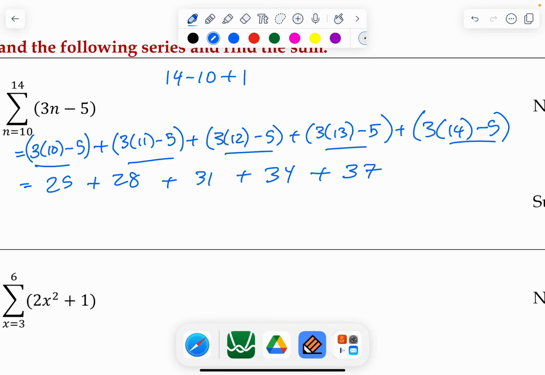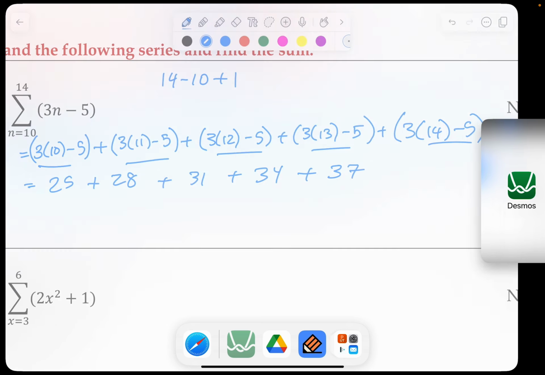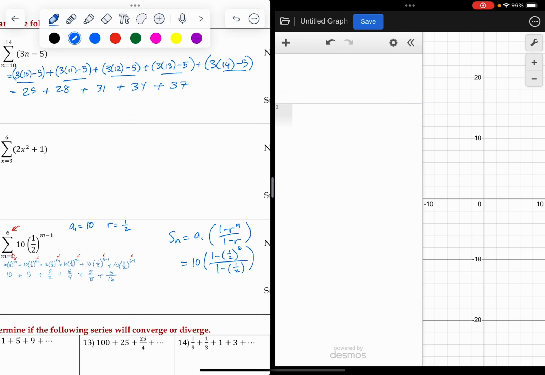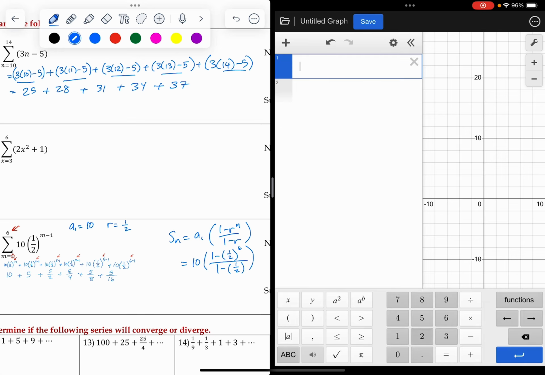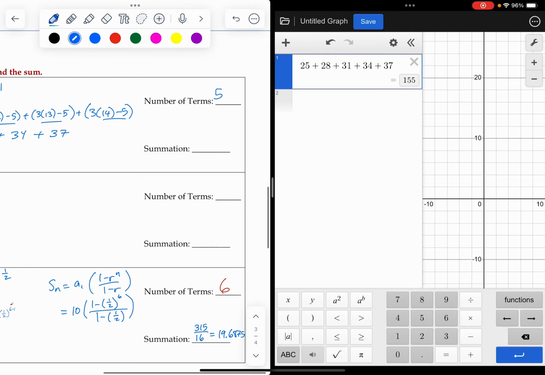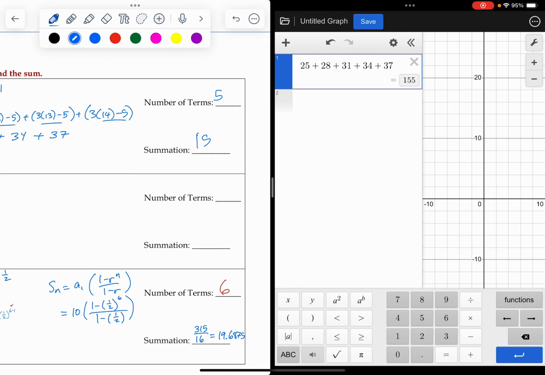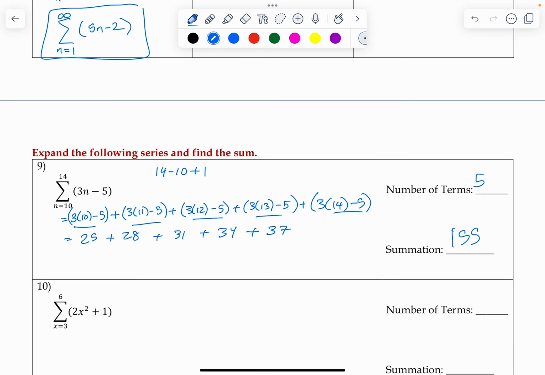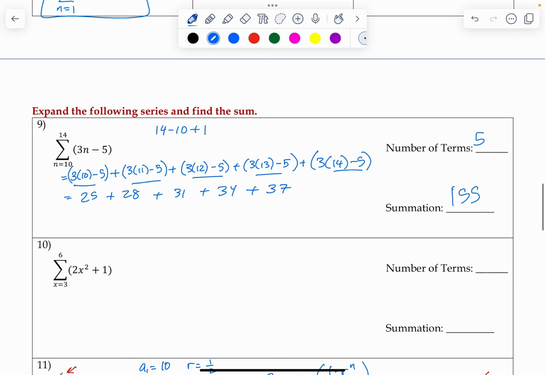okay, let's prove it to you on Desmos. Come back, Desmos. Those are lovely and gone. I have 25 plus 28 plus, make sure I'm typing this in correctly, 31 plus 34 plus 37. Okay, and I just got a sum of 155. But there is a faster way to do this where I don't have to expand all these terms. And that's using the formula,